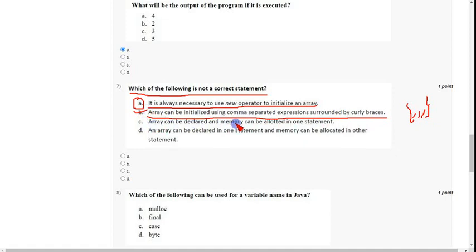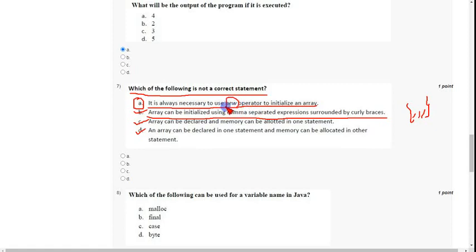And array can be declared and memory can be allotted in one statement. Yes, it is also possible. And an array can be declared in one statement and memory can be allocated in other statement. It is also possible. So which is not possible? It is always necessary to use new operator. It is not the only method to initialize an array.